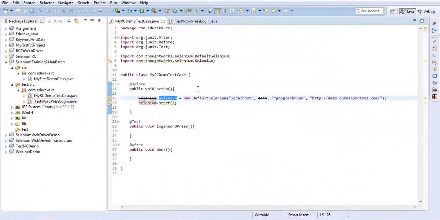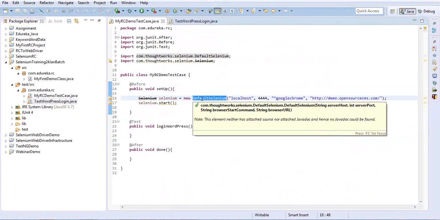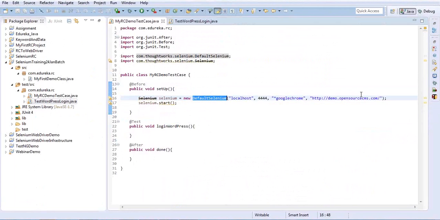To launch a server, you have to write Selenium and an object name. Create an object of Selenium. How will you create it? With the word new. And there is a DefaultSelenium class which will actually get instantiated. Within that DefaultSelenium class, you have to pass 4 parameters. What is your first parameter? On which system you want to run. This request is going to be,